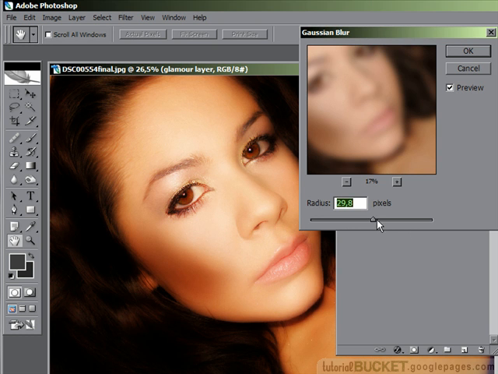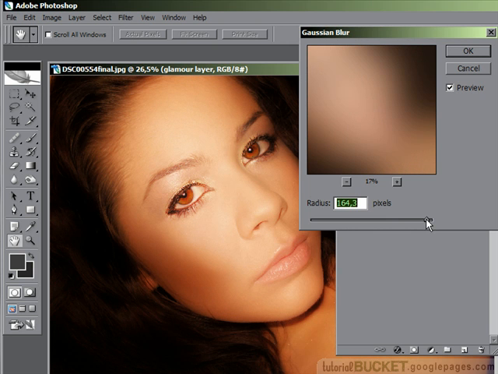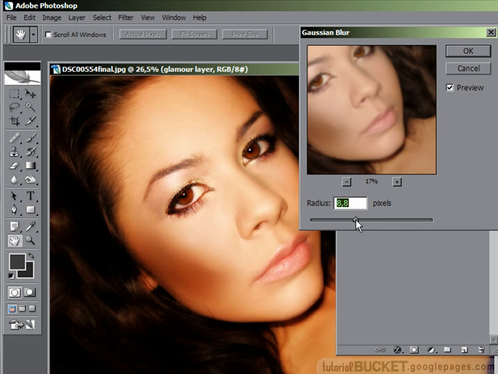Evaluate the image as you're dragging. If you go up too high, now it sort of loses everything. It might still be alright for a sort of a glow effect, but if you want something that's just a little bit more glamour where you retain some of the shadows, you really need to keep it somewhere where it starts to get very blurry but still be identifiable. Now I'm happy with the setting of about this, but you find a setting you like and stick with it